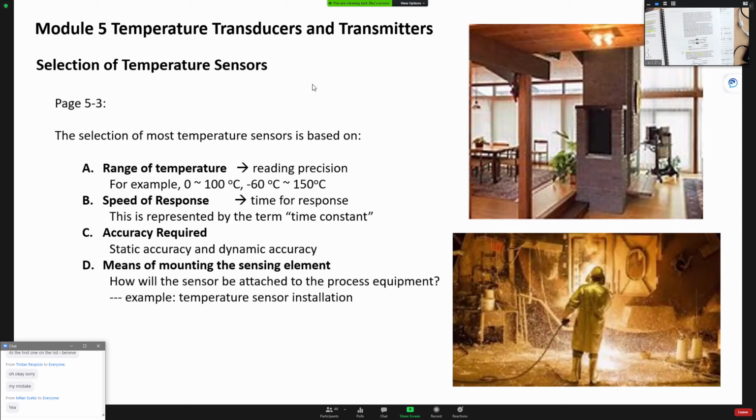Selecting temperature sensors is a pretty big thing because I think I showed you guys some of them in that book down there for the thermocouple. You have a wide range of applications, so the range of temperature depends on what the measurement range is. You're going to choose a different type of temperature sensor. The speed of response is another consideration, because temperature is not something you can measure directly. You have to wait for the heat energy to transfer from